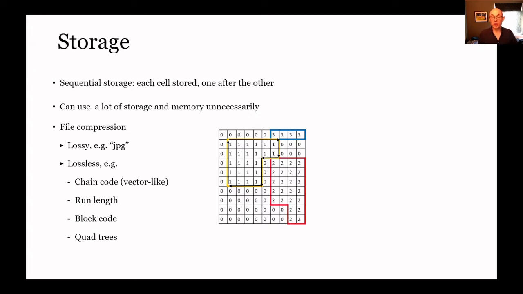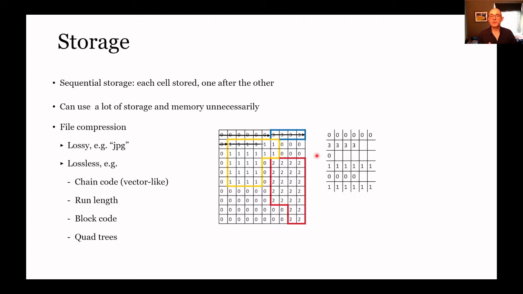We can do something called chain coding, where we draw in our raster space a ring around the bit that is homogeneous, or we can just go along and look for sequences of repetitive data and define that repetition, the run length, to say, well, go this far along and it's all this thing, and then carry on and it's this thing, and then we change to another value and it's going to be for so many pixels that long. As long as these chains are long enough, it becomes a more efficient way